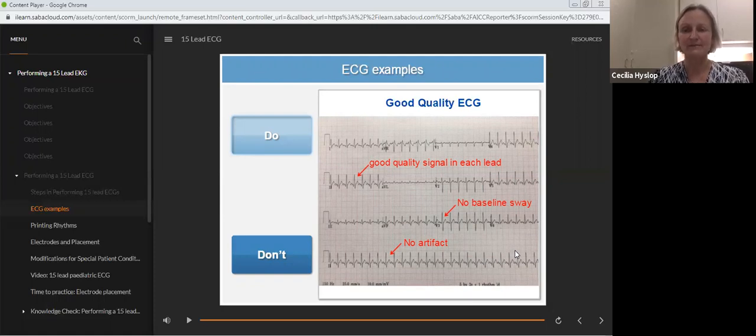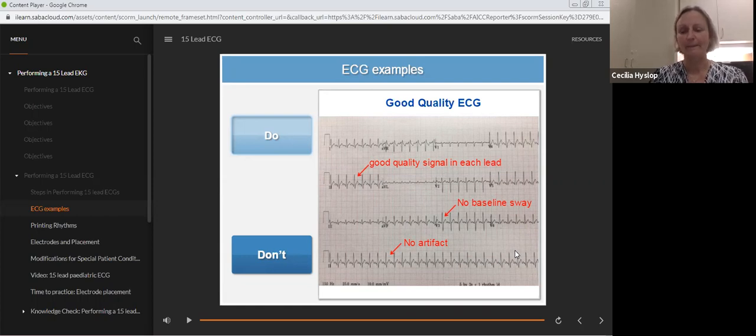And with our system, this may be different from yours, once you have a good ECG, we only really want you to press the ECG once, because that's the ECG that will get transmitted through the database to our storage system, Muse database, where our cardiologists or physicians will read it. So if you press ECG 10 times, and you haven't waited for a good quality signal, it will automatically transmit 10 different ECGs up to the Muse database,